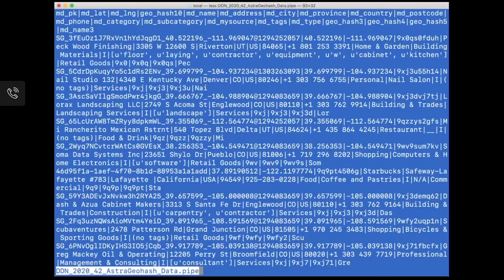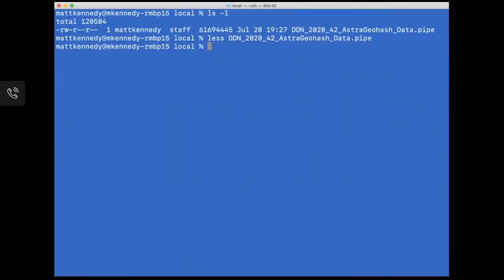As you can see on the top line, there is a header. We are using pipe characters as the delimiters, and we otherwise have a lot of data in here. So let's do a line count on that. We should be looking at 250,000 lines of data. Yep, that's right.